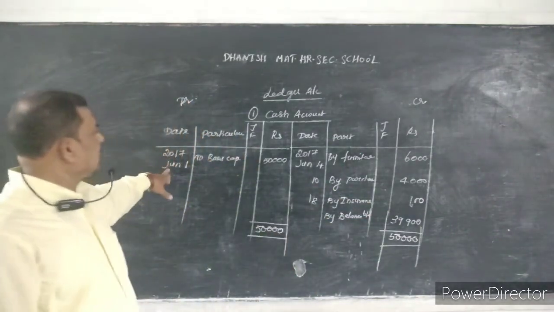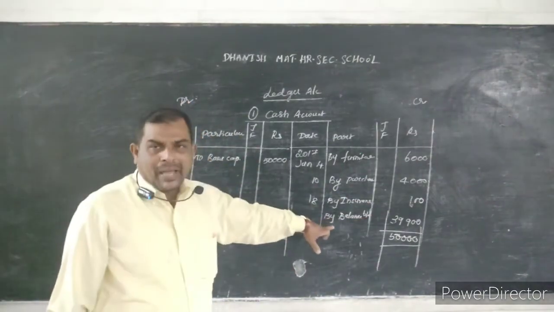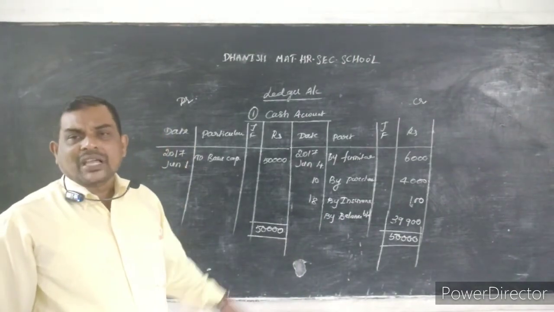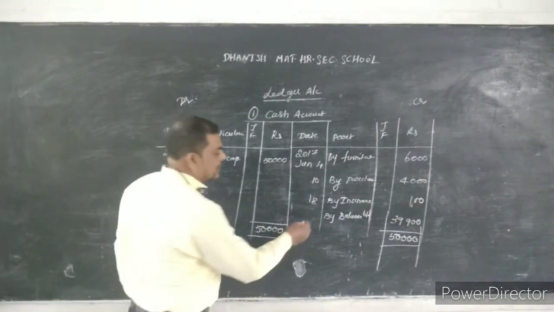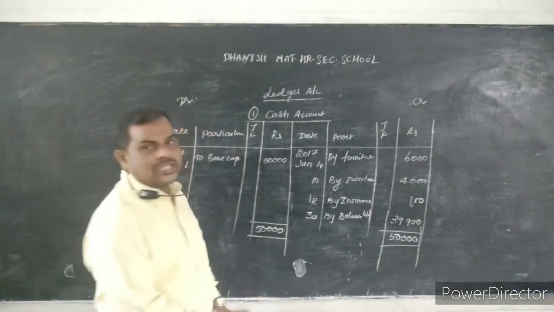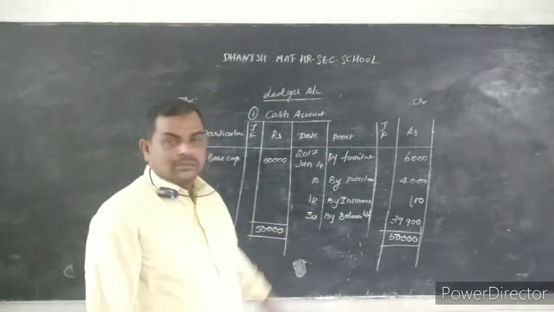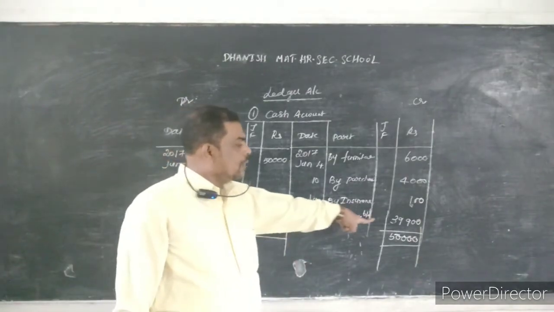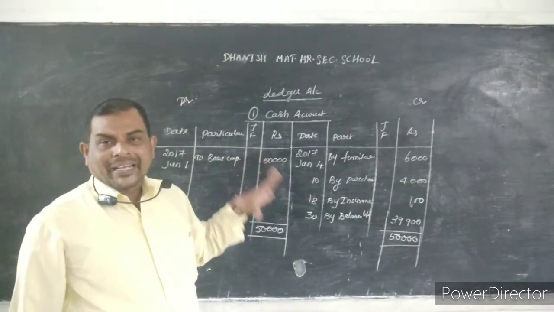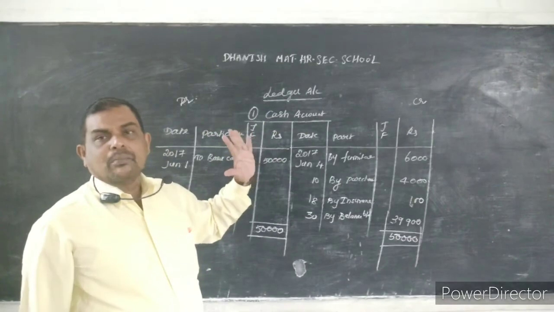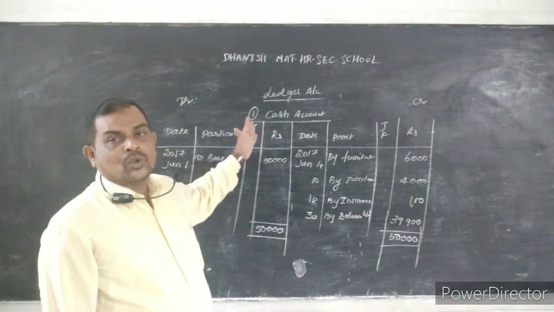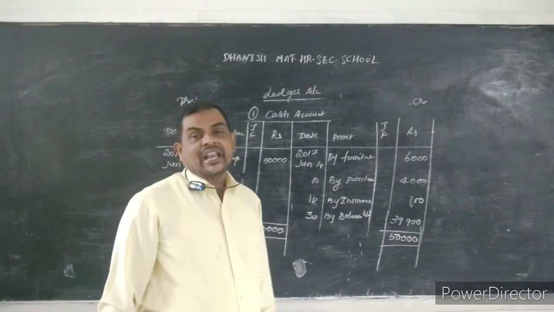Now this is the month of June, and this is the closing balance. What is the month end of June? The 30th. So you have to put the 30th day here, because it is the closing of the month. The month opening is June 1, and the month closing is June 30th. So this is the closing balance of cash in the particular period.